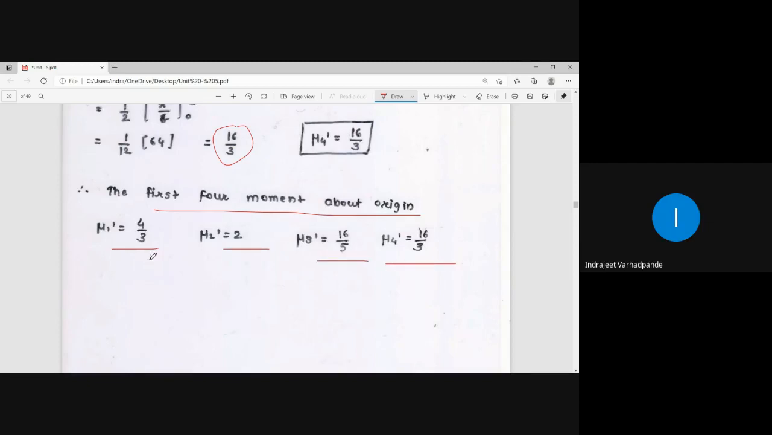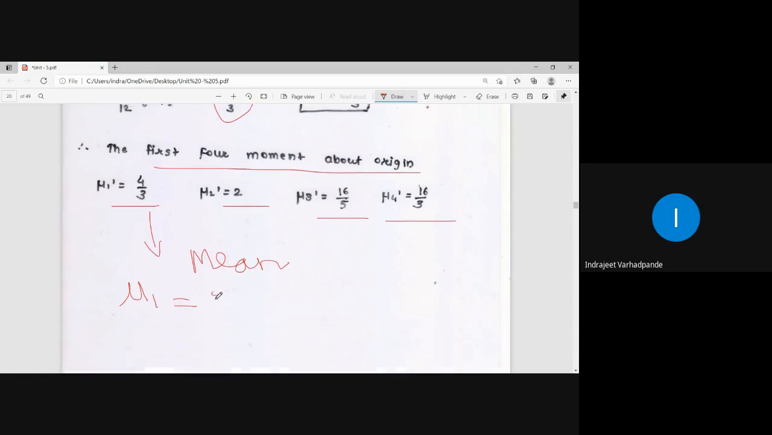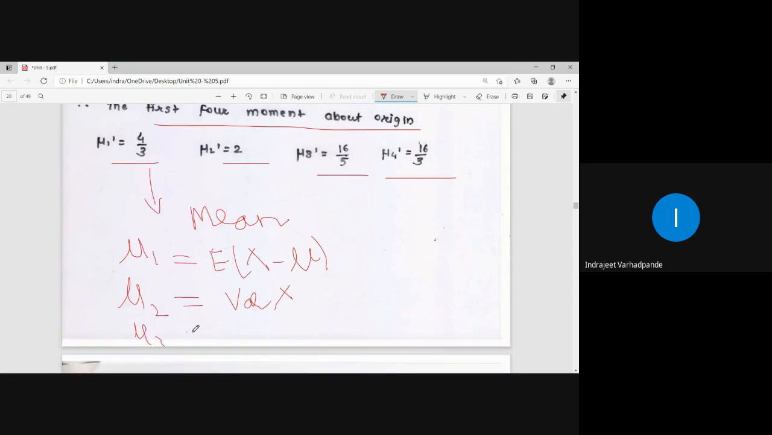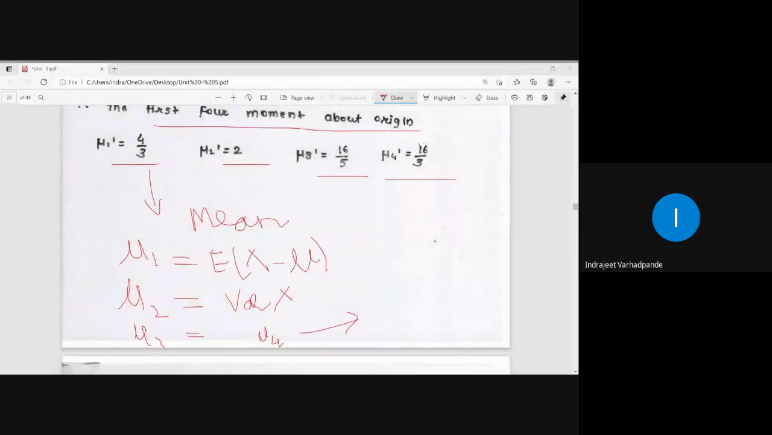and mu4 dash. इसके आगे अगर बोलते हैं कि मोमेंट अबाउट मीन निकालो, so we will be using the relation mu1 will be expectation of x minus mu. What is mu1? Mu1 is expectation of x minus mu. Mu2 will be expectation of x minus mu whole square, that is variance of x जिसको बोला जाता है. mu3 के लिए क्या है? रिलेशन है आपके पास. mu4 के लिए आपके पास रिलेशन है. So accordingly you can calculate from moment about origin the values for moments about mean. So this was all regarding